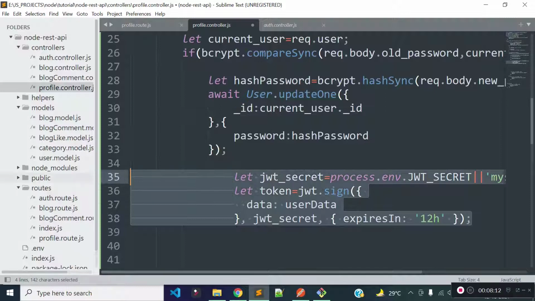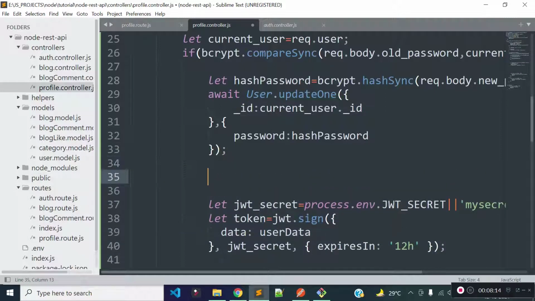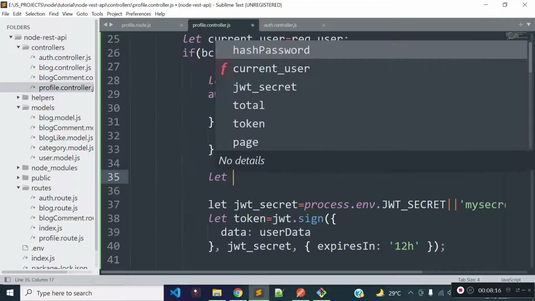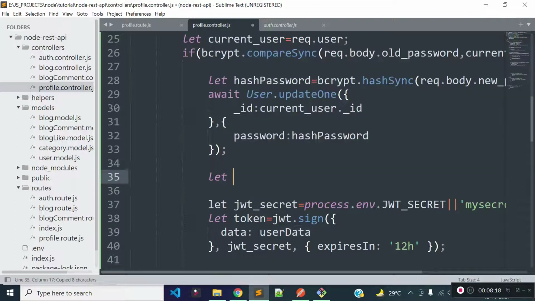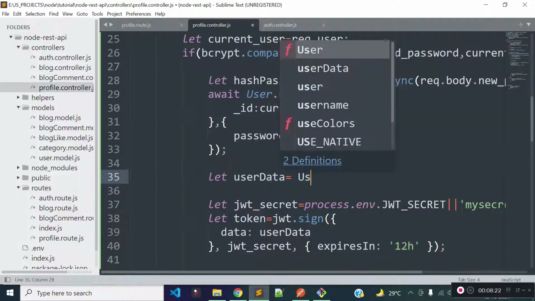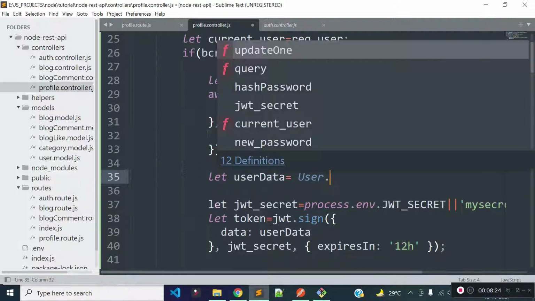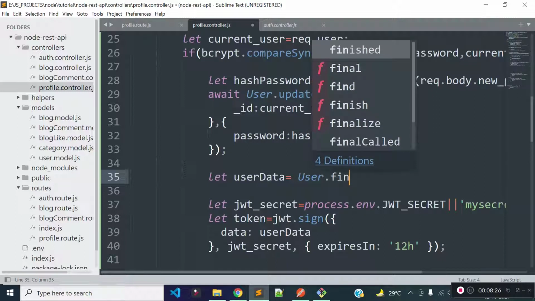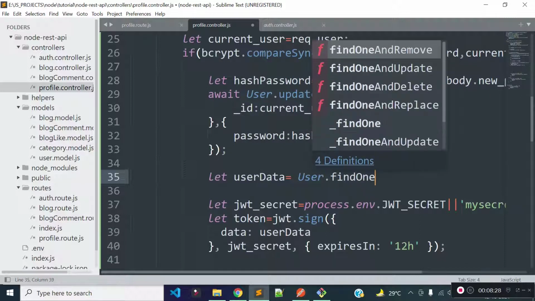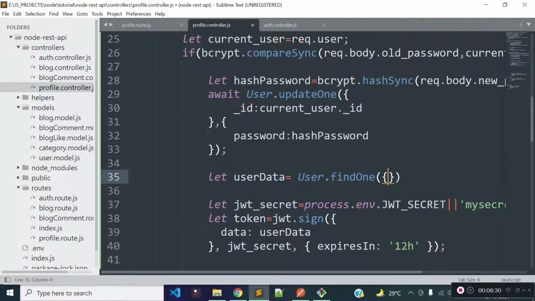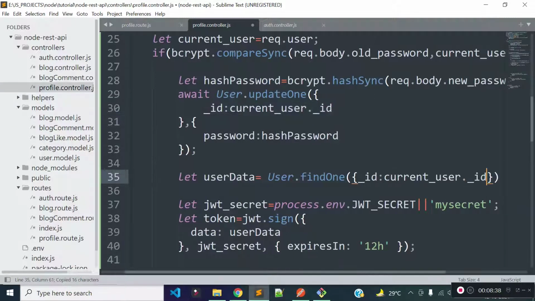So let's get updated user data with the help of user model's find one method and store it in variable user data, and we can get the data with the help of user model, not update one, it should be find one method, right? And we'll get user data of kindly authenticate user ID, right? And this will return a promise. So let's use await here,